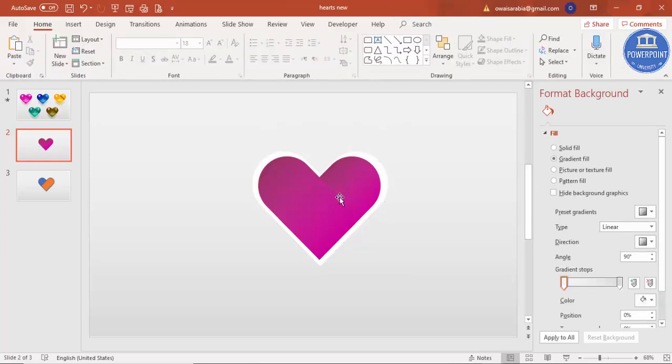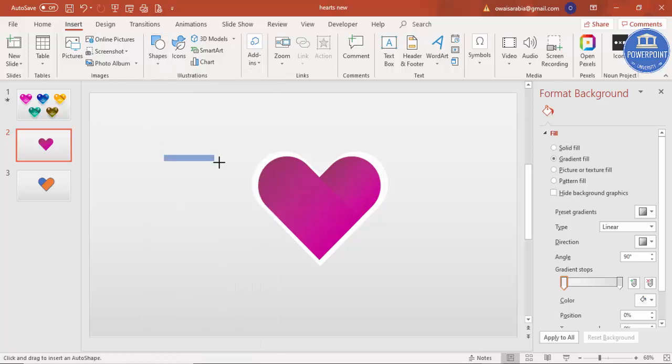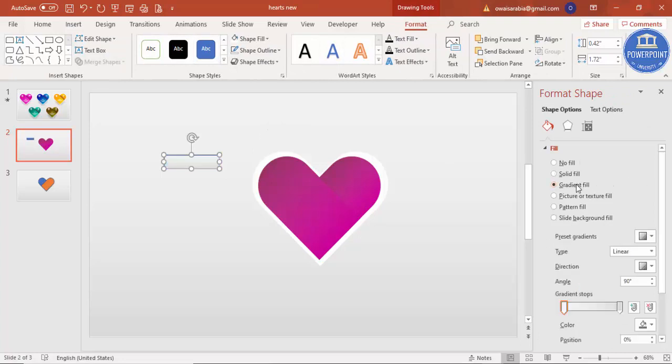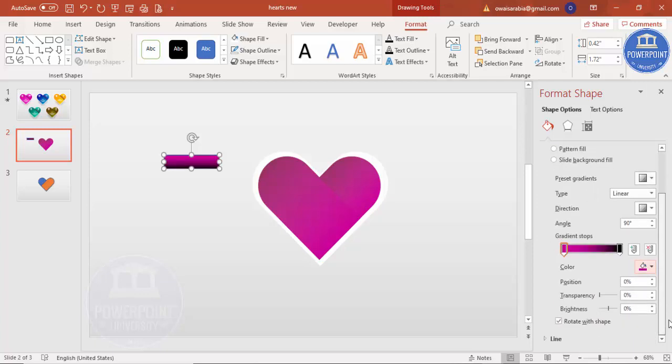So I want to give some more shadow effect here. For that I'm going to go to Insert, Shapes, select a rectangle, maybe this much size, and say gradient fill. I'm going to select this and make it a black color, and this one I'm going to select this color, which is the pink, and transparency level make it to 100%, and this you can increase also a little bit, and shape outline make it no outline and bring it here, rotate it,